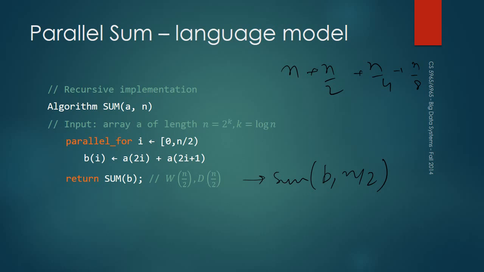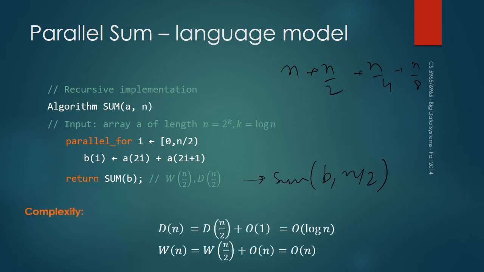Let's sort of do the complexity analysis of doing something like this. The depth at each level, right, has been reduced by n by 2. The problem size has become n by 2. And we did a fixed amount of work in each iteration. It's just this one single step, right? So that is order 1. It doesn't matter. What we do at each level does not depend on the size of the problem. So summing this up gives you log n.